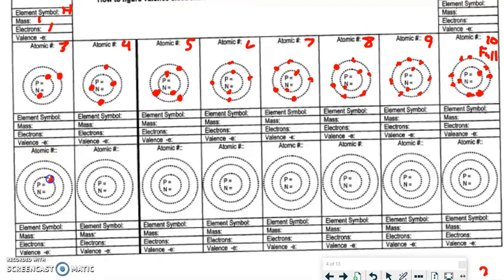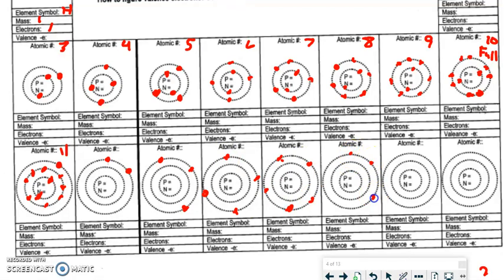Okay, so for this second level here, I know the inside levels have to be full first. This guy's going to have 11 total. So I got 1, 2, 3, 4, 5, 6, 7, 8. That middle level's full. Oh, I'm sorry, 9, 10 makes it full. 1, 2, 3, 4, 5, 6, 7, 8 in the middle. And so this is going to have 1 on the outside. Over here, I know the middle's going to be full. This is going to have 2 in the outside, 3 in the outside, 4 in the outside, 5 in the outside,